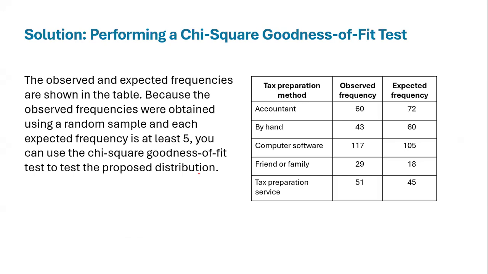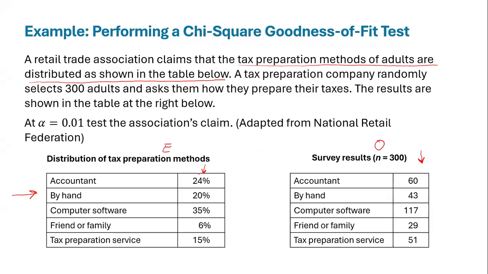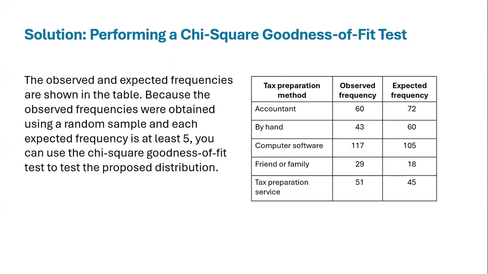Let's check the requirements. First, are all observed frequencies random? If you go back to the question, it says randomly select 300 adults. That means, yes, they come from a random sample. Second requirement, are all expected frequencies 5 or more? If you look at these numbers, yes, they are at least 5. So this problem satisfies all the requirements, and we can use the chi-square goodness of fit test for